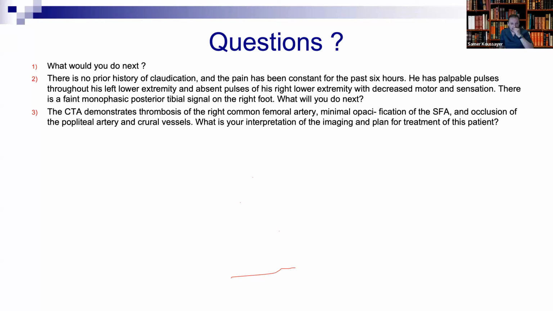What else? And then at the end, what do you do at the end of the procedure? I close the arteriotomy, then I will do a prophylactic fasciotomy. Which compartment? Four compartments. Let me ask you how you do the incision. Two incisions, lateral and medial, with 4 compartments. Anterior, lateral, this is important. So you do all 4 compartments.